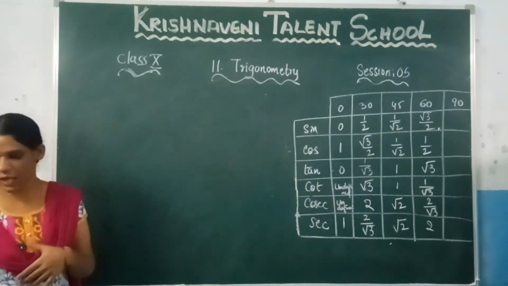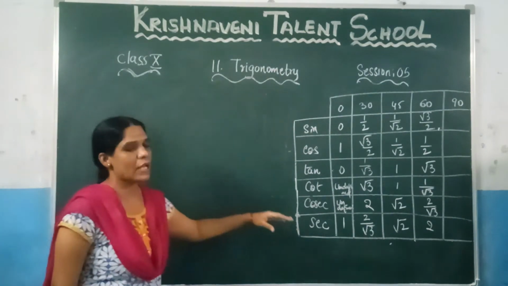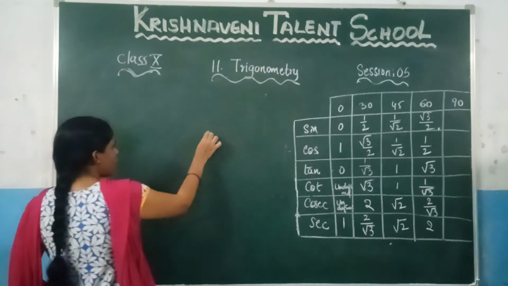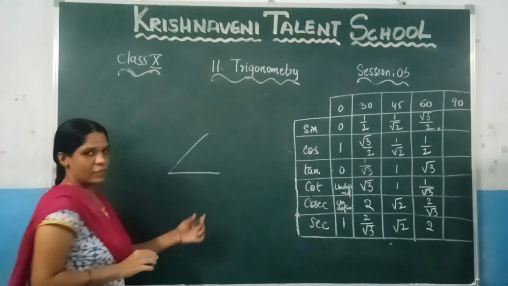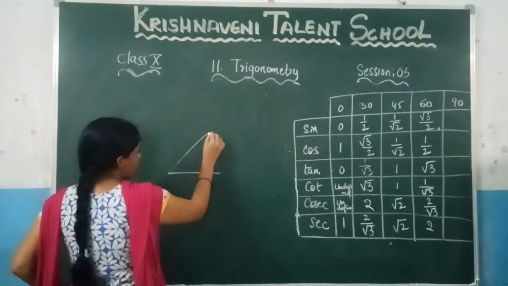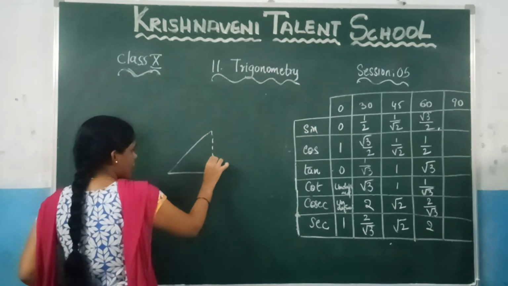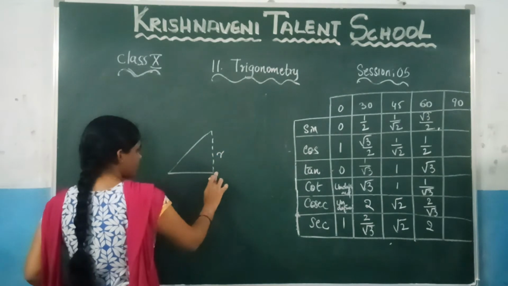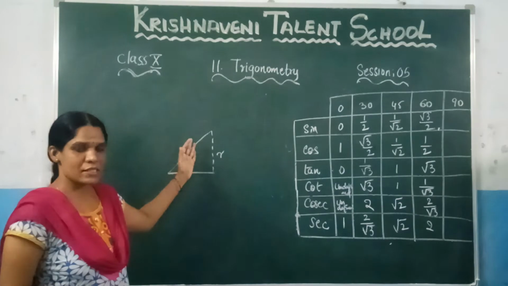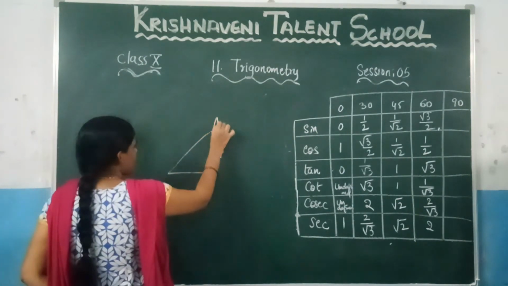So we need to find the value of now 90 degrees. The same thing we need to follow here that we have done for the 0 degrees. What we have done for the 0 degrees, we have considered one angle and we have treated one of the sides as r. Since I am talking about the 90 degrees, let us take this side as r. Here some angle will be there. Now if I am extending this angle, what will happen? Let us see here. Consider this triangle as some ABC.